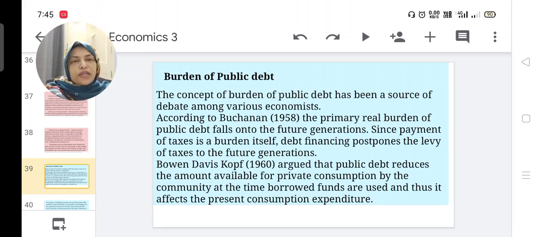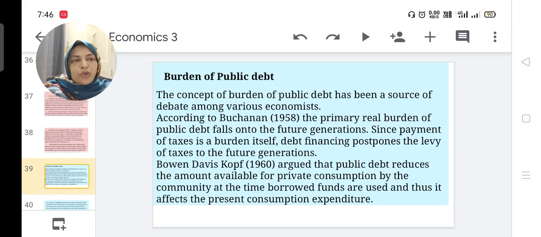If the government is borrowing now, its burden will surely go to the future government. Likewise, it will affect future society, the future generation. That is the opinion of Buchanan. Then Bowen and Davis Kopf in 1960 argued public debt reduces the amount available for private consumption by the community at